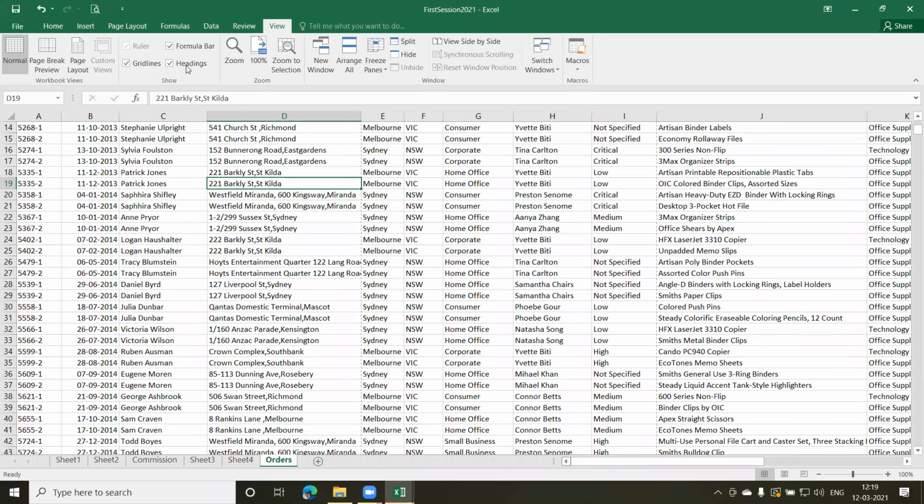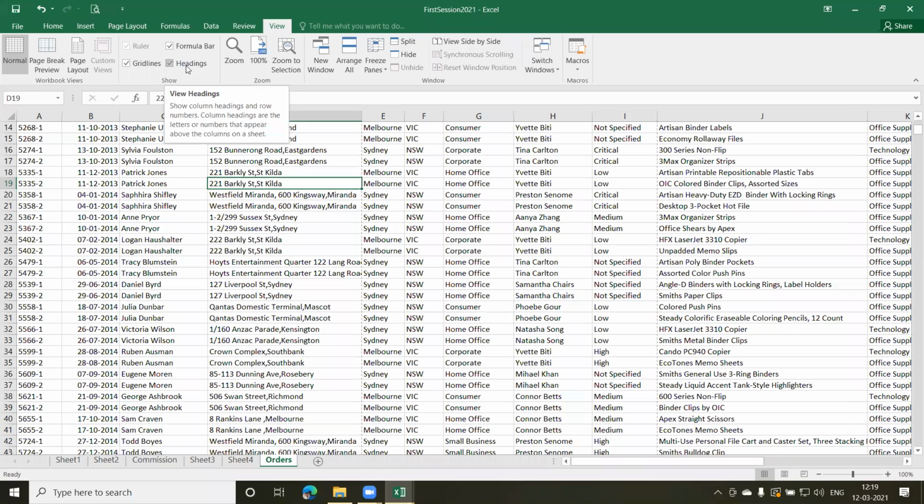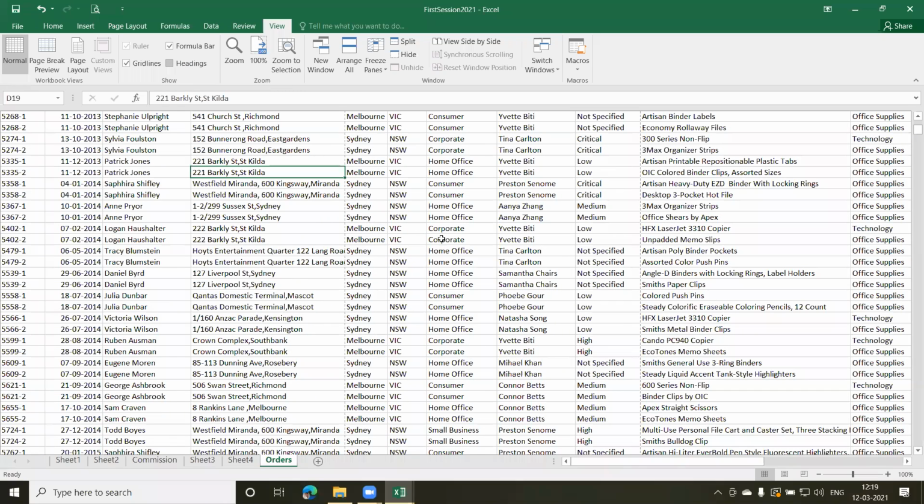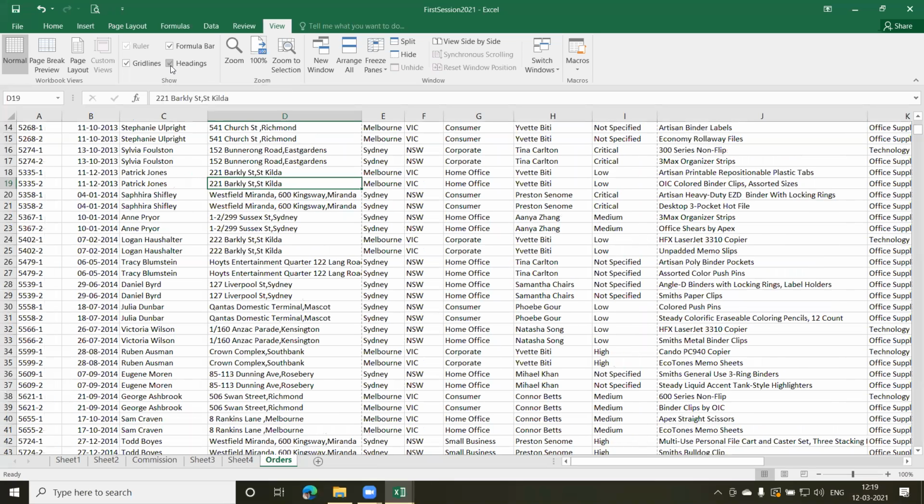Secondly, you have the headings. If you don't want the headings, you can remove it. Sometimes what happens, you get a worksheet which is not showing you any headings, and you get confused where to get the row number and the column numbers. So basically remember, under View, you have to go here and just select this checkbox to view the rows and the columns headings. Okay, the grid lines we have already shown you.